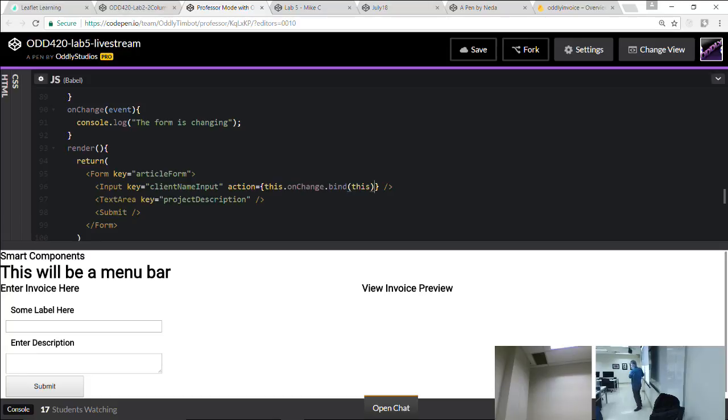We're not done yet. We got one or two more things here. So is action the one seeing the change, or is it the function that's seeing the change? The input component is going to see the change. And when it sees it, it's going to call action, which is basically this function now. So it's a way that he can call a function in his parent. Yeah, that's how they work. Let's give it a try. In another couple lines of code, we should have a little console log action going on.